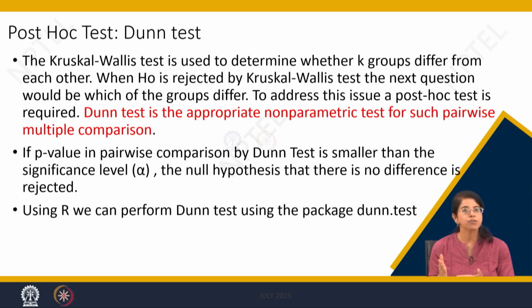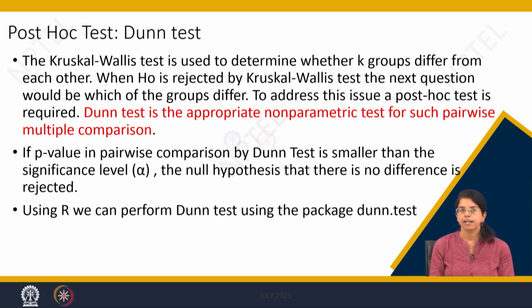Is mu1 not equal to mu2? Is mu2 not equal to mu3? Or is mu1 not equal to mu3? These are the 3 possible ways one can think of. So, the Dunn test is the appropriate non-parametric test for such pairwise multiple comparison. If the p-value in the pairwise comparison by the Dunn test is smaller than the significance level, then the null hypothesis that there